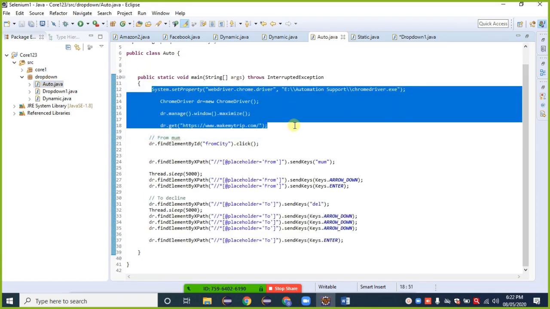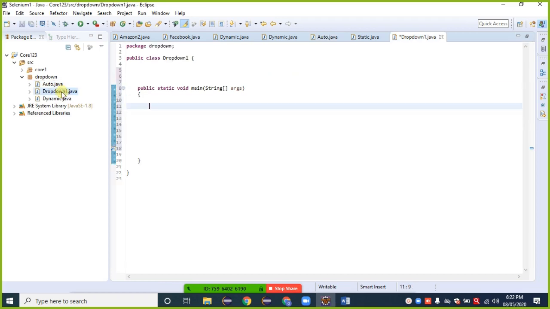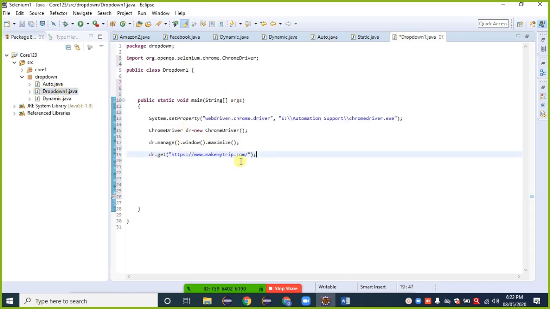Previous step and copy from other place, Control V. Instead of this, I'm providing here facebook.com.